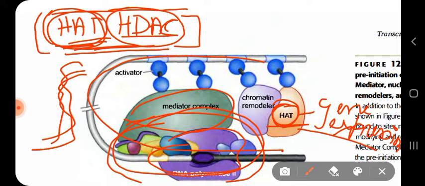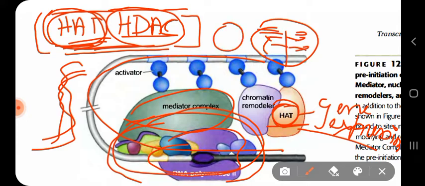Well, when we don't need any transcription process, when we don't need any expression of the gene, then we go for heterochromatin formation, where we condense the chromatin so that no other proteins can interact with the DNA at that time. Now this occurs during the cell division process, because during cell division, our main objective is to separate the chromosomes equally to the opposite poles, so that daughter cells get the same complement of chromosomes equally. So histone acetyltransferase helps in gene expression.